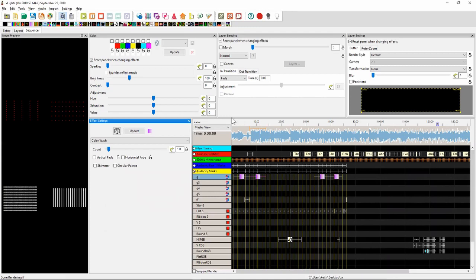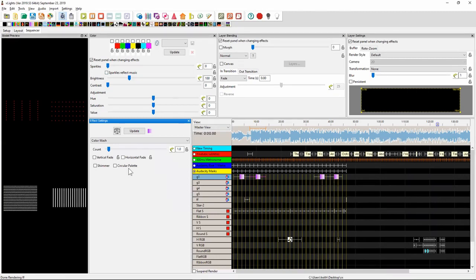Now, again, none of these settings, none of the colors, notice how none of the colors are selected, notice how none of the effect settings are anything other than the default. So that's what's going to happen. It's going to bring it in with the default settings for that particular effect. It's not in any way going to try to match exactly what Vixen 3 had, but it gives you a